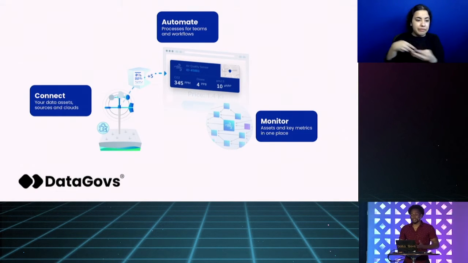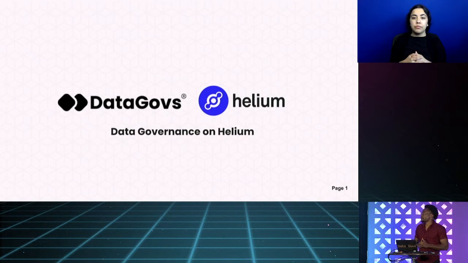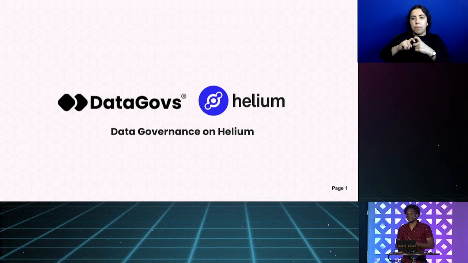And then being able to monitor that in the tools that people trust and use, whether that be a monitoring solution like New Relic or something like Datadog. We've seen this and have illustrated this API on something called Helium. If you're unfamiliar with Helium, Helium is a 700,000 hotspot network that was designed by the people. It's a blockchain. We've been able to create an API that adds on and supplements a lot of the things